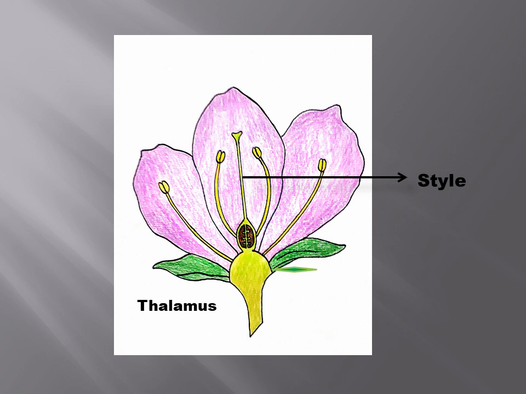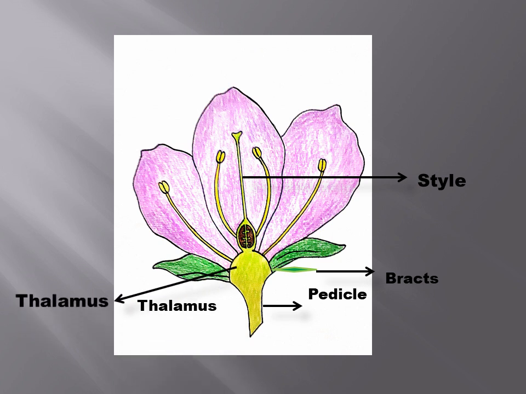Here you can see the dissected part of the flower. The first one is the pedicel. Then the bracts, you can see that this is the modified part of the leaf and green in color. The thalamus, that is the swollen part. Sepals, that are green in color. Corolla or the petals, that are of vibrant colors in different flowers of the different plants.